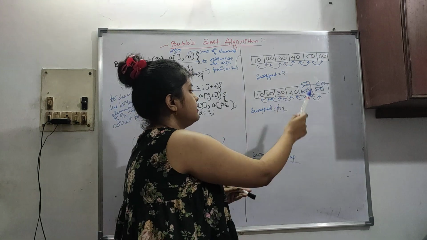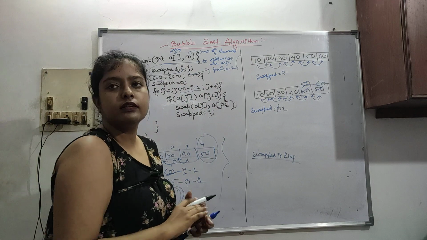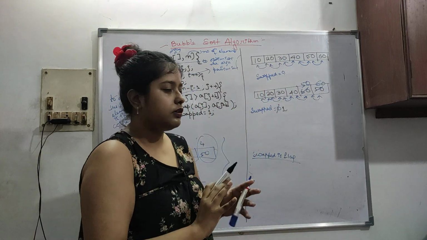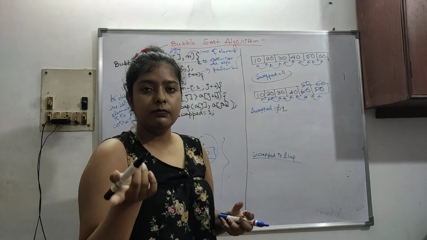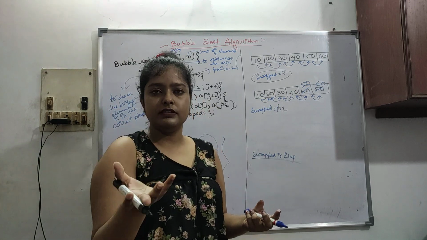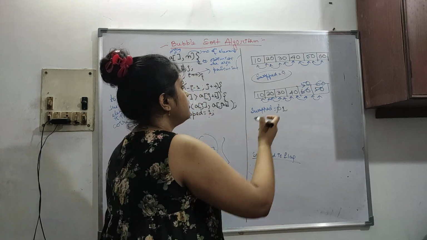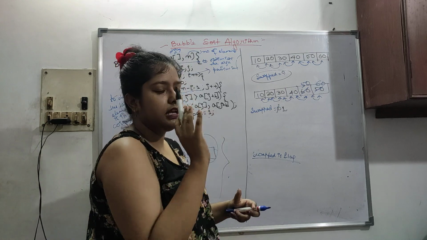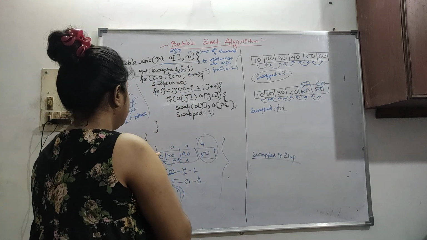So now we have to check this again because swapped has changed. That's why we have to run this algorithm again. Basically, if the whole array was sorted, we don't have to do anything. Just check the swapped variable. If it is not changed, if you have taken 0 and it remains 0, then nothing to do about it. Just check once and you can see the array is already sorted. So this is basically the use of this swapped